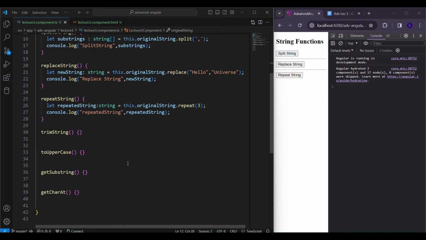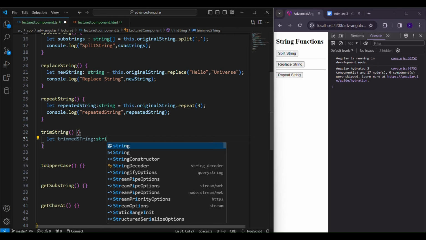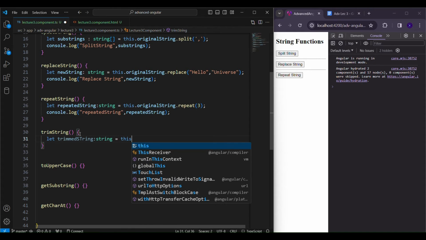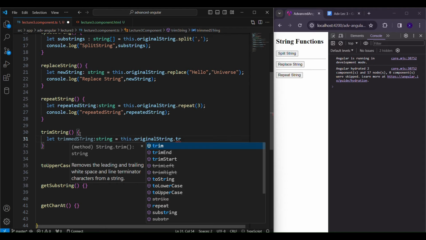So our next method is this trim string. This trim string removes any leading and trailing white space characters from the original string and returns us with the trimmed string. It removes the white spaces from both the ends of a string. Suppose, let's say we are taking a variable over here, trim string, and we are assigning the data type as string. In this we'll just have this original string and we'll just trim it,